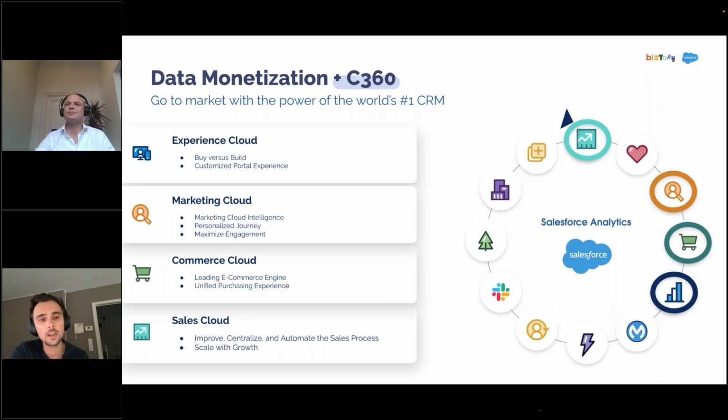First of all, we have Experience Cloud. It's basically a portal where all the capabilities of Salesforce are also present. So you're able to expose all your data in a safe environment, and you can also manage the authorizations in one place. But the cool thing is also that once you're able to give your customers an extra space which is personalized, you can also retarget them and make these personalized journeys because you have another touch point. And that's also really what Salesforce's vision is all about. At the Customer 360, the more touch points you have with your clients, your partners, prospects, the more you know them, and the more you know them, the better you will serve them.